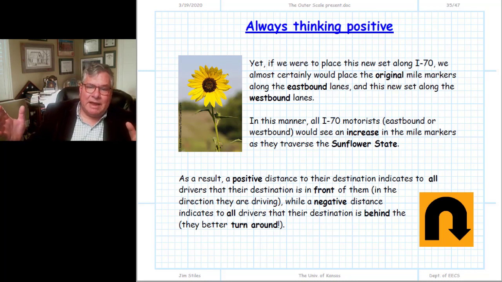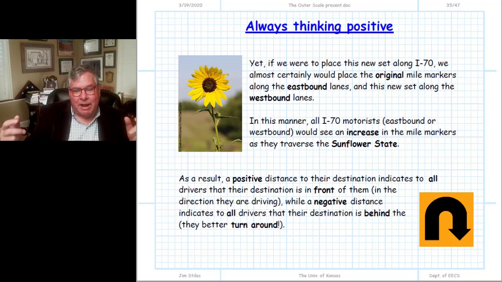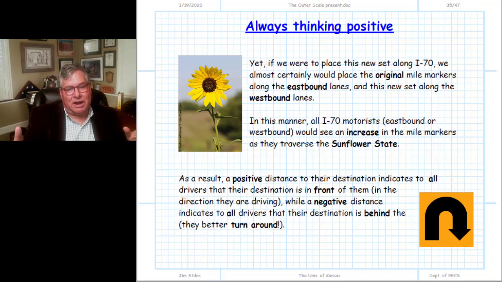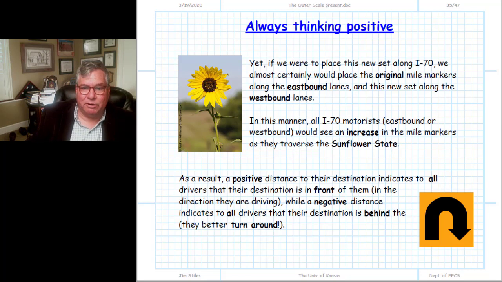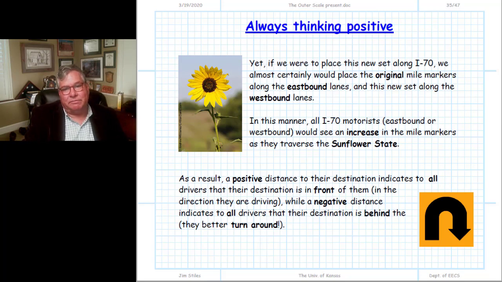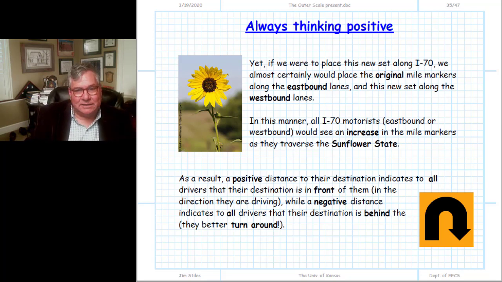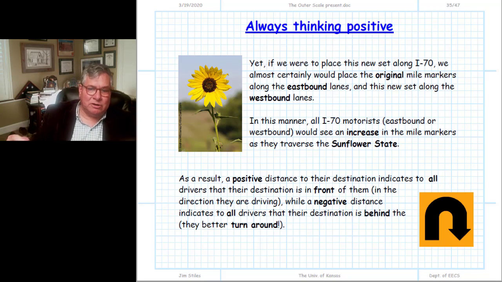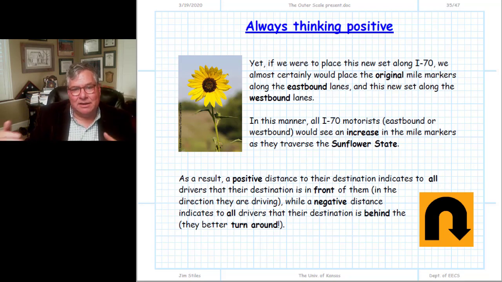The reason we might want to have two different kinds of mile markers, two different configurations, two different orientations, is because along I-70, of course, we have cars moving in two different directions. Some cars are motoring from west to east toward Kansas City, and in the opposite lanes, cars are motoring east to west toward Colorado. So if we had these two different mile markers, certainly we would put the mile markers increasing as we move westerly in the eastbound lane. So the motorists would encounter a series of increasing mile